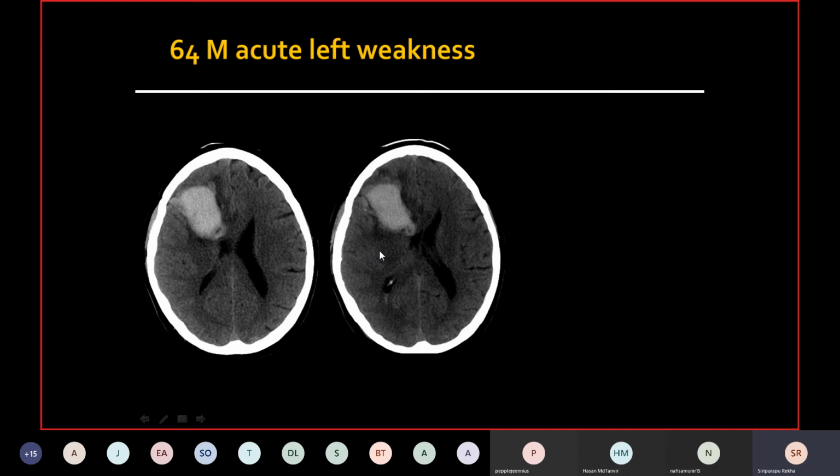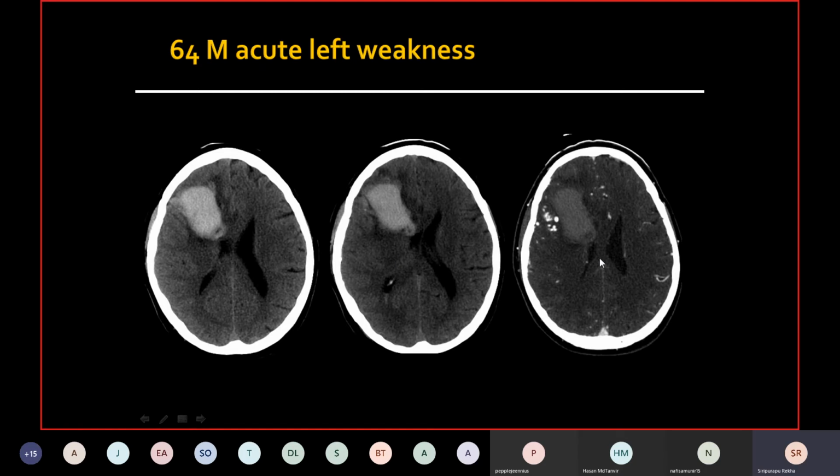So there are two things we think of in this context. This is a lobar hemorrhage, so it's not a typical hypertensive location. And I don't remember whether this patient was hypertensive or not, but given that the CT actually shows calcification, even if the patient was hypertensive, I would want to image this further. So the question is, do we think it is vascular or do we think it's neoplastic? With the acute presentation, and the way that we see the calcification, I would want to make sure there is no